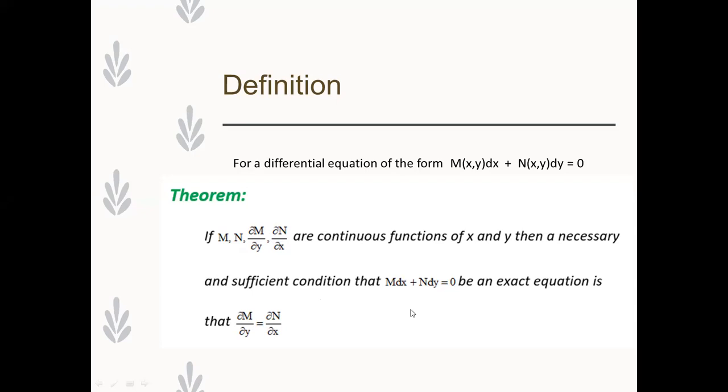So the test for the exactness of a differential equation is actually the last relationship that we see in this statement. You have to take the partial derivative of M. So let me annotate. You need to take the partial derivative of M with respect to y. So the M that I'm referring to in here, class,